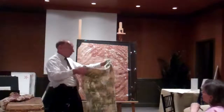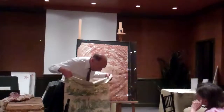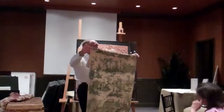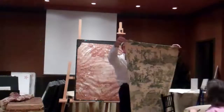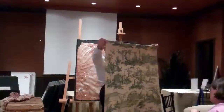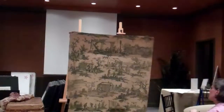And here's another design. This is a very historic design. This is an engraving of the 18th century techniques of making fabrics and printing fabrics. All the different stages of fabric making are on this particular illustration. What kind of room would that